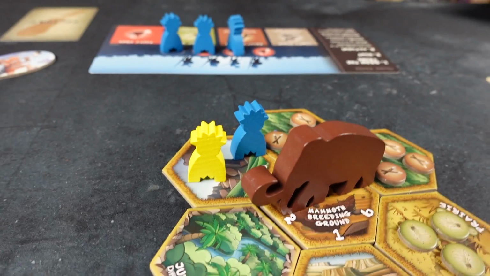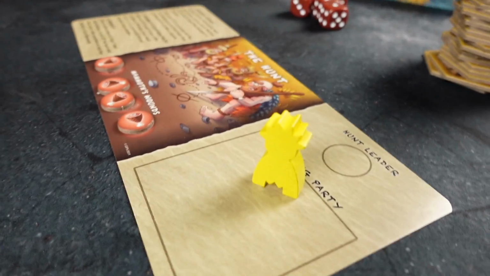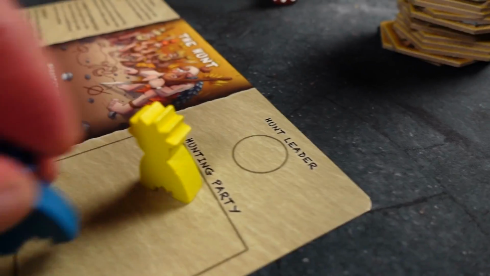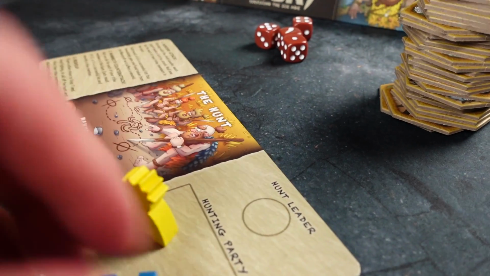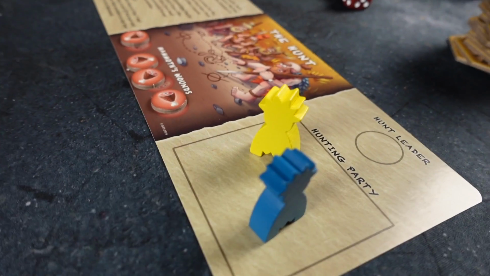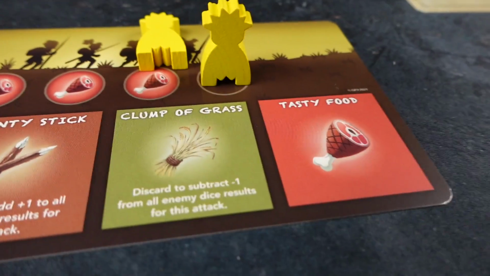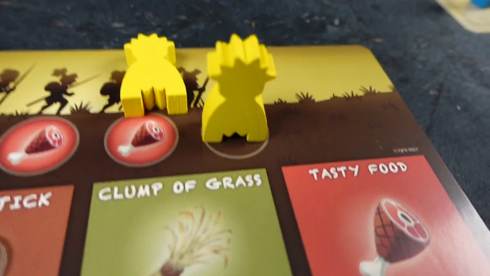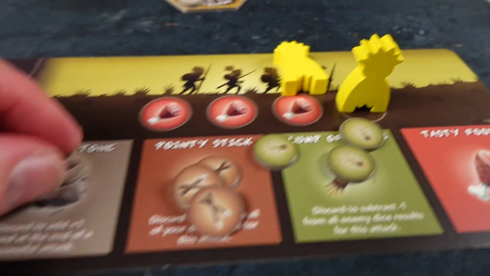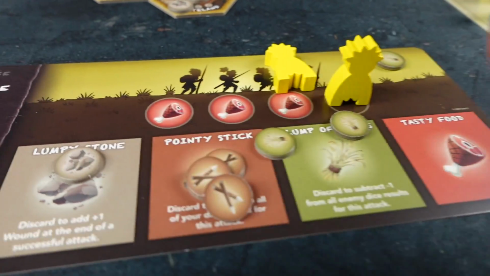So once everyone has had a go at completing those steps, we move on to the hunt phase. This is where the hunters attack. So let's assume we have a few hunters in here and they want to attack the mammoth. First, the participating players can decide how many tokens they want to contribute to the attack, and this is where some of the resources come in handy. So let's say I've got some of these, lumpy stone, whatever. So I can commit, say, let me see, a clump of grass and a pointy stick and a lumpy stone